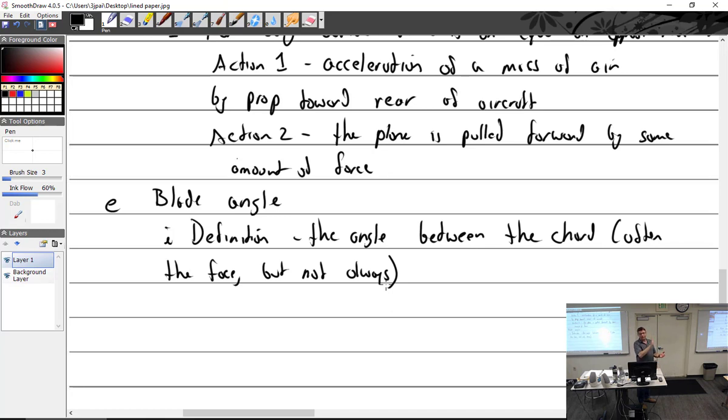All right, but the face of the prop, the flat part, is often in line with the chord. In fact, because it's so flat, the trailing edge is at it, and it's just close enough to the leading edge that you can use that as the angle, but not always. But it makes a good place to go. Let's see, the angle between the chord of a particular blade section, because they're all different. The angles go different from the hub all the way to the tip.